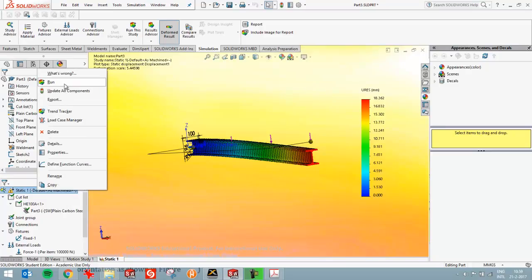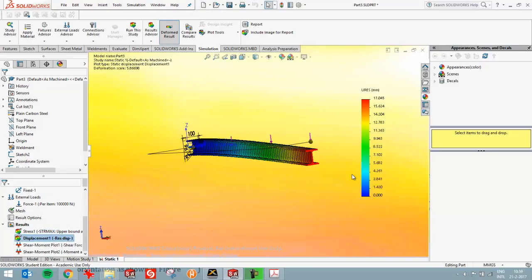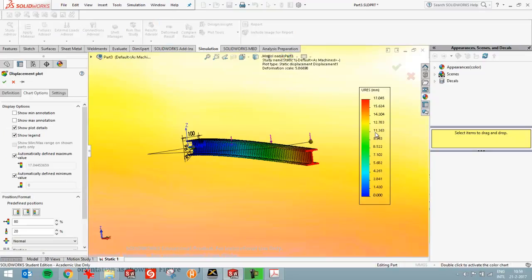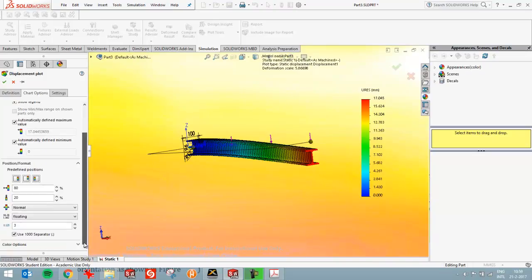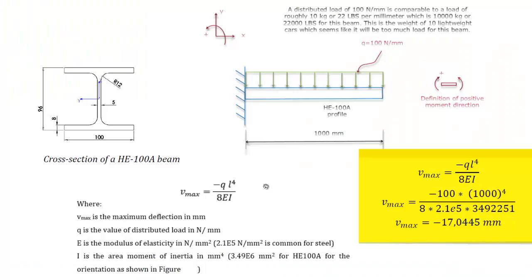So I've changed that. I have to rerun the simulation, and now the result should be less accurate but more comparable to the one that I've calculated by hand. So 17.045, and it's exactly the same value as I have over here. Just over here I have one more decimal, but if I would increase the amount of decimals over here, it will be exactly the same. So let's do that. You see, so 100% accuracy over here now,